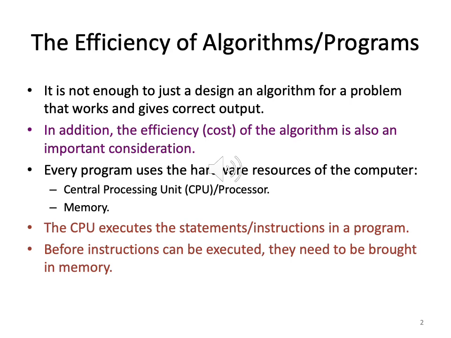So using that IDE, we are writing our C programs, we are compiling them, and then we are executing them, right? To execute any program, we definitely need hardware resources. Many resources are needed. Two of the most important resources are the CPU and memory: central processing unit, or processor, and memory, right?